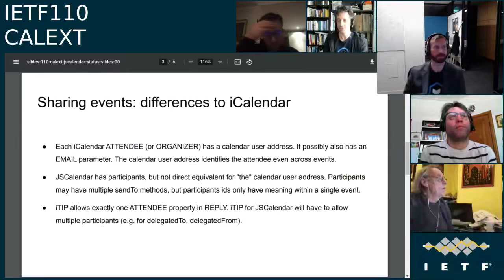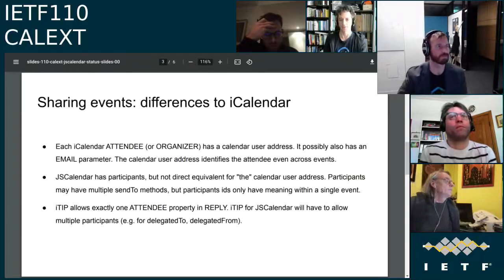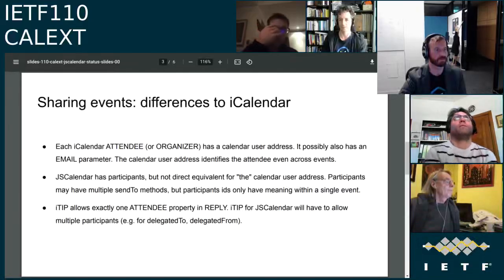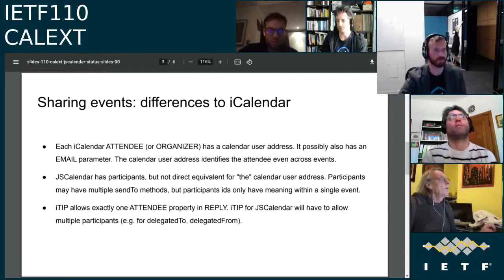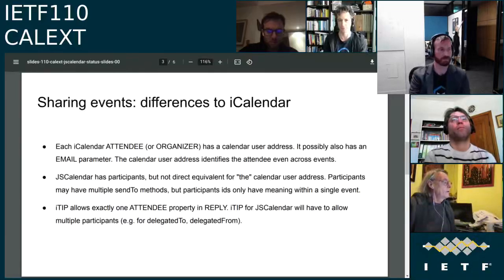So we think we should address this. One of the options that we came up with was to define a calendar user address property in JS Calendar, which has a clean bidirectional mapping between the iCalendar property value of an attendee or organizer and the JS Calendar participant. But that's one, not necessarily the only solution to these two gaps that we identified. So we are wondering, Neil, you had thoughts on this I saw on the mailing list. Probably someone else might share their opinions.